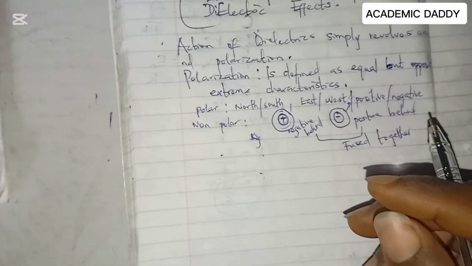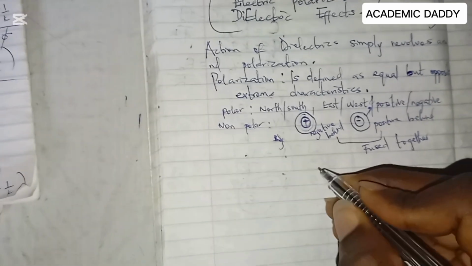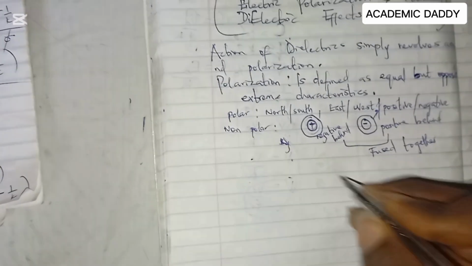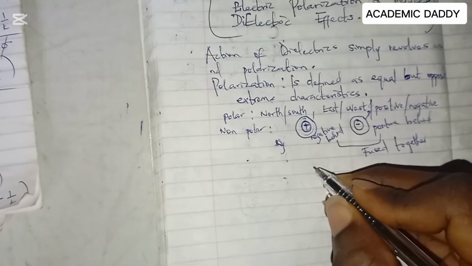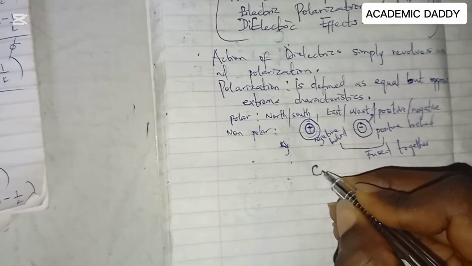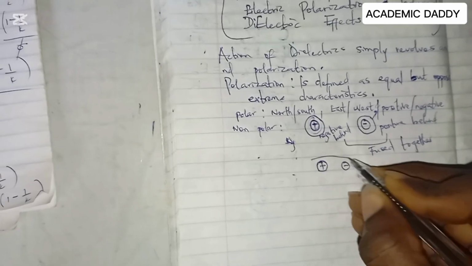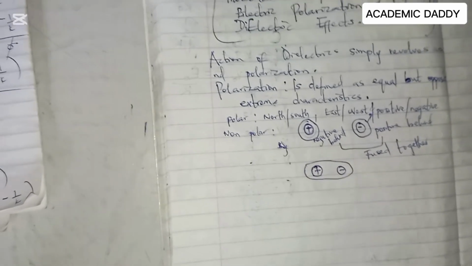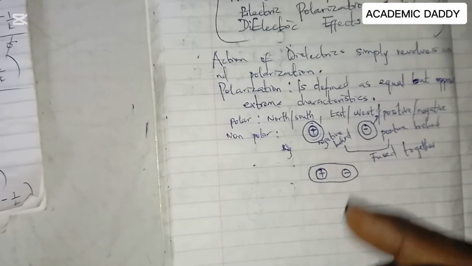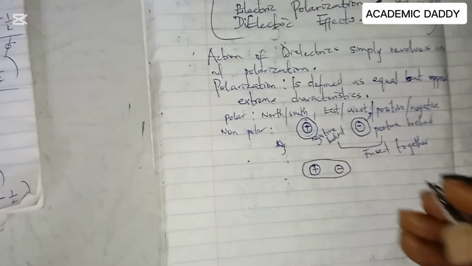So that is what polar means. So non-polar simply means they don't have extreme characteristics. But if you put a non-polar material under an electric field, you see that they will now separate. You now have the positive on one side, the negative on the other side. They will separate. But the only advantage that non-polar has is that once you remove the electric field, it will easily